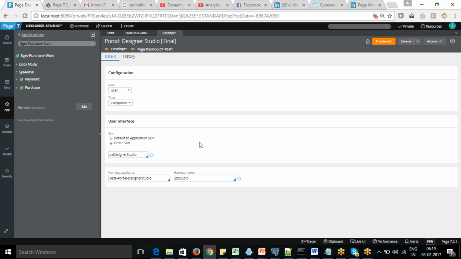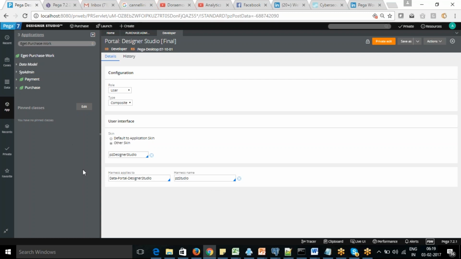Okay. And the portal doesn't contain any UI element. The portal is just the name which contains the rules, which references the rule to open the UI rule. The main rule which is going to be displayed to you is called the harness in Pega. The harness is the visual component for your UI part. Within the harness you have a section. The section is the actual component which gets displayed. The harness also provides you the layout.